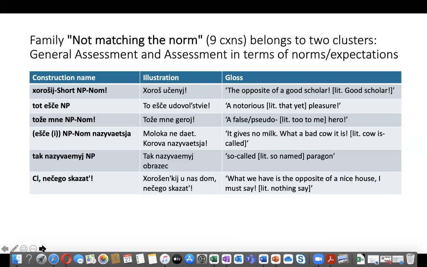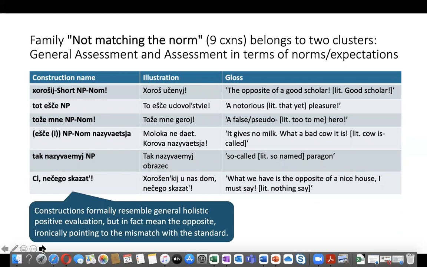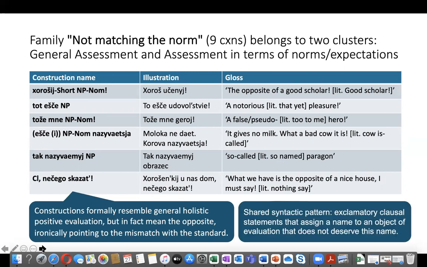The family not matching the norm encodes negative evaluation. These constructions formally resemble general holistic positive evaluation, but in fact mean the opposite. Хороший ученый means the opposite of a good scholar. Most constructions of this type are exclamatory clausal statements that assign a name to an object that does not deserve